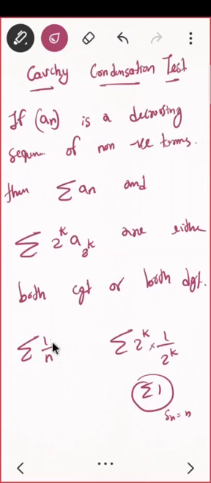Do you see how easy it is. How did we prove summation of 1 by n divergent earlier? It was a bit lengthy. We took the partial sum and we wanted to prove that its subsequence won't be bounded, so my sequence is not bounded, and so on. And you see, what this says is that this sequence and this sequence both behave alike. That means if I want to see this sequence, it is enough to see this sequence, or if you want to see a sequence like this, you may convert it to this form. That's it.